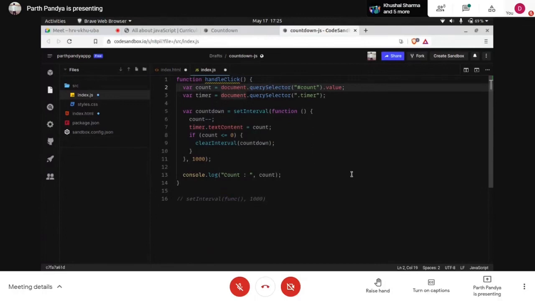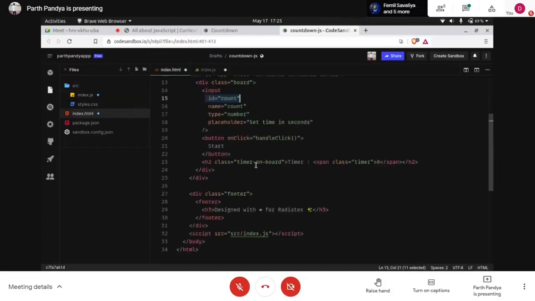Document comes from the DOM, the Document Object Model, where we are using this query selector property of JavaScript, and we are selecting an ID. To reference an ID in CSS and also in JS, we use hash. Hash is meant for referencing an ID, and dot is meant for referencing a class.